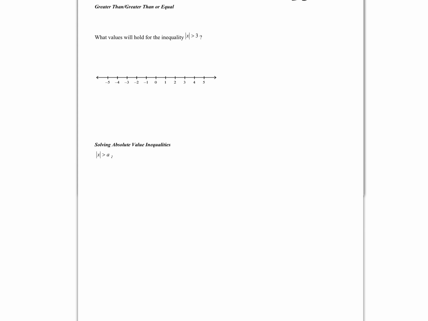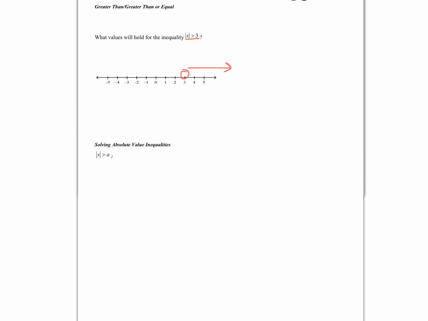So now let's look at the other type, the greater than or greater than or equal to. And we have another warm-up for these types of problems. The absolute value of x is now greater than 3. What values will hold for the inequality? Now remember, the absolute value is the distance from 0. So what this is saying is, where on this number line will x's have a further distance from 0 than 3? So what that means is, if I look at 3, anything to the right will have a further distance